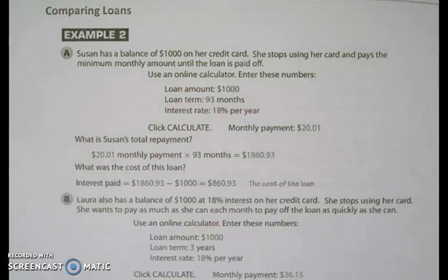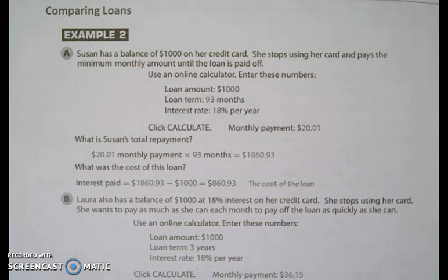16.1 Repaying Loans, Part 2. Comparing loans. Susan has a balance of $1,000 on her credit card. She stops using the card and pays the minimum monthly amount until the loan is paid off. So, using the online calculator, you enter $1,000 for 93 months at 18%. Click Calculate, and you come up with a monthly payment of $20.01. So if you multiply that monthly payment by 93 months, she'll pay back